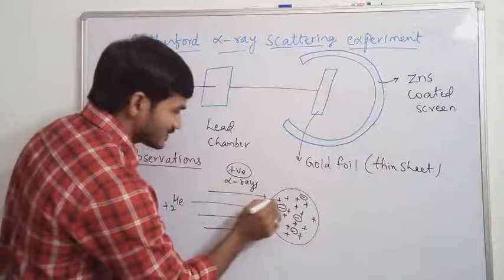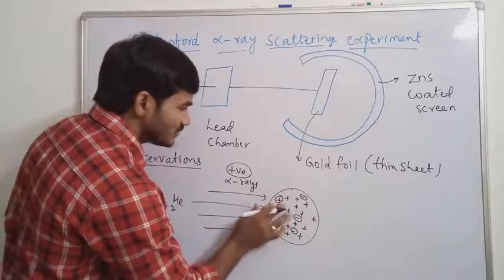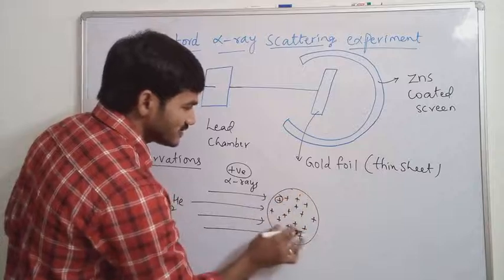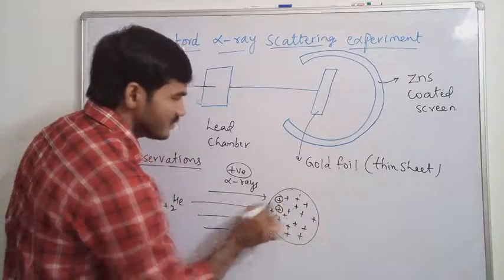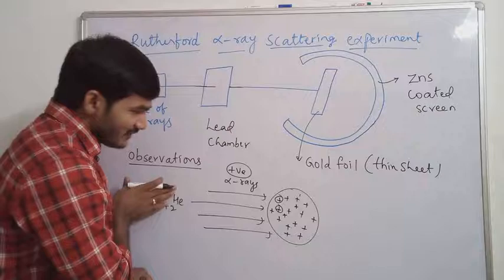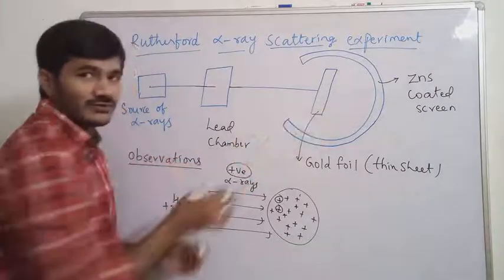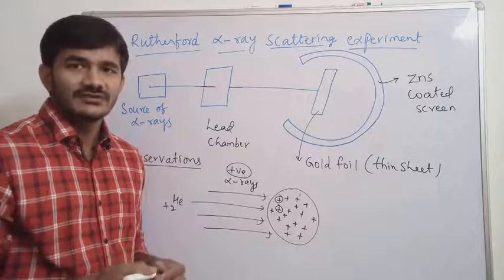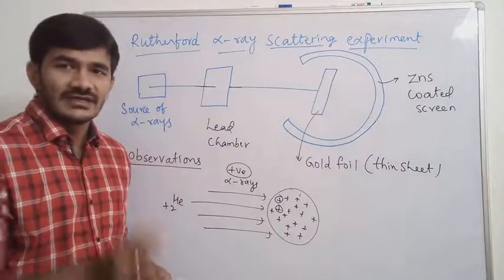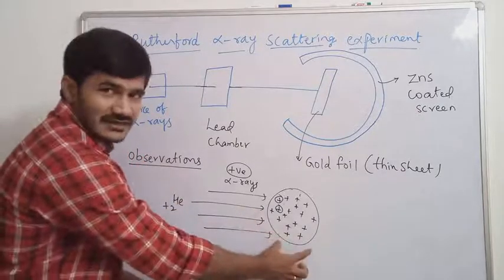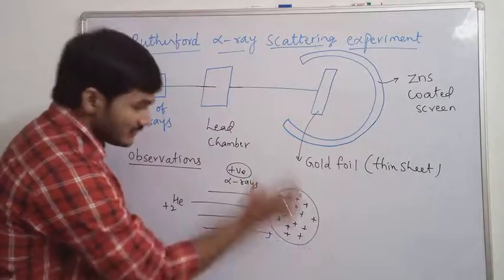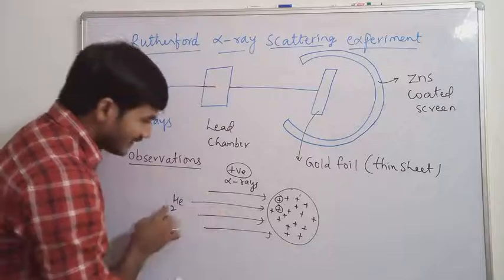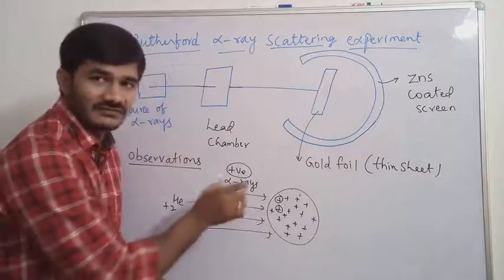Whenever alpha particles reach here, you can see the total charge is positive charge only, uniformly distributed. When alpha rays are sent at gold foil, what is gold foil? Gold atoms. Gold foil contains so many gold atoms. Every gold atom should look like this according to the Thomson model. If an atom exists like this, when alpha rays are passed through the gold foil containing the atoms,